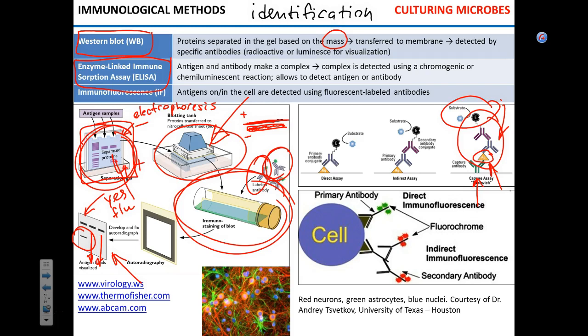Moreover, some maniacs do not use 96 well, but 384 well plate ELISA. Which, insane. I don't know how people do that. No, seriously. Because wells are really small and the size of the plate is the same. Now, 384, 768, 1536. So there is a plate that is 1536 wells.